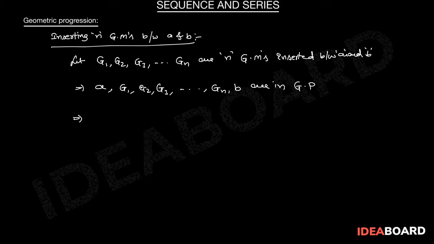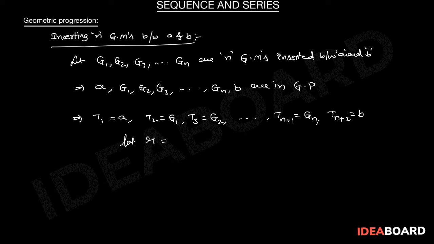That implies the first term T1 equal to A, T2 equal to G1, T3 equal to G2 and so on, n plus 1th term equal to Gn, n plus 2th term equal to B. Let small r equal to common ratio, therefore G1 equal to A into r,